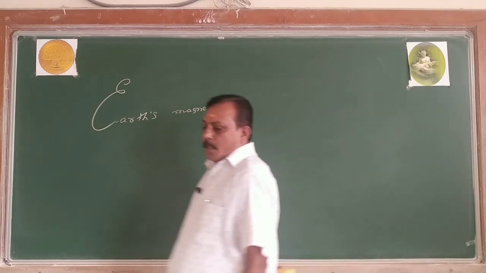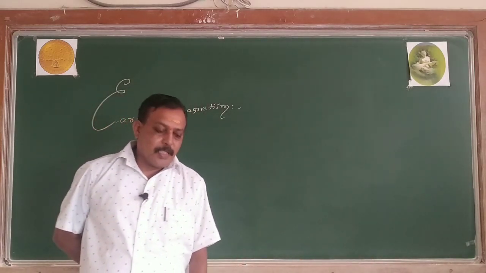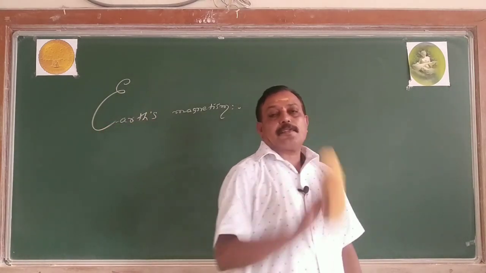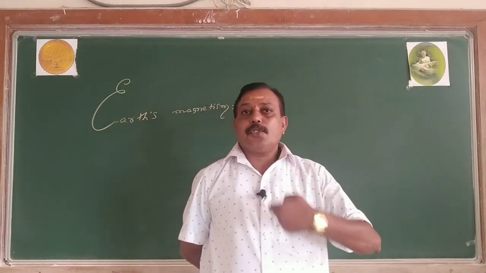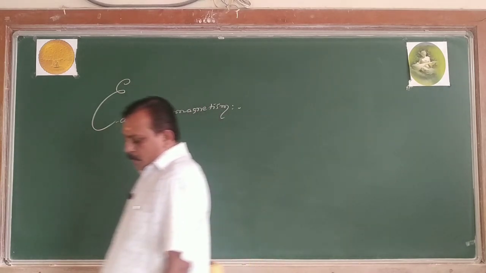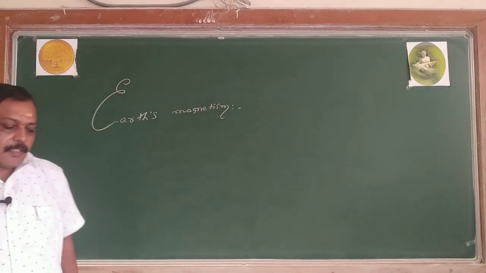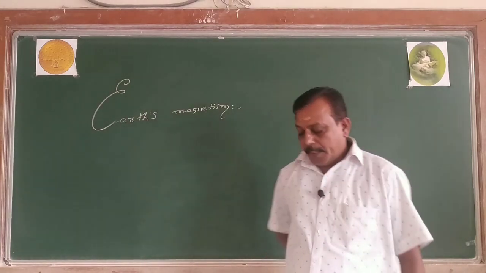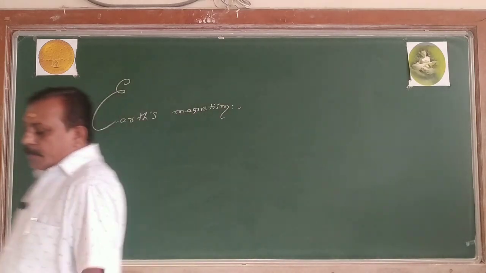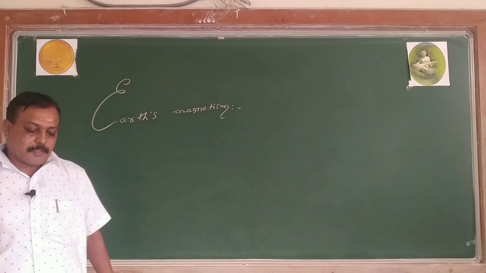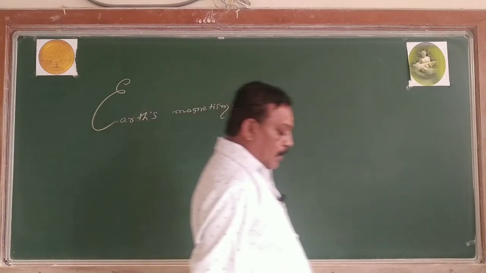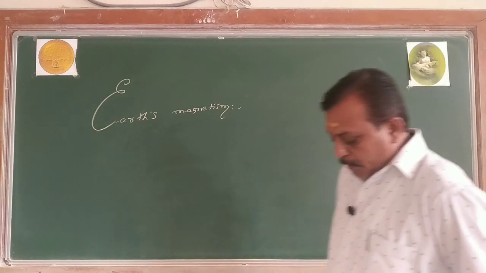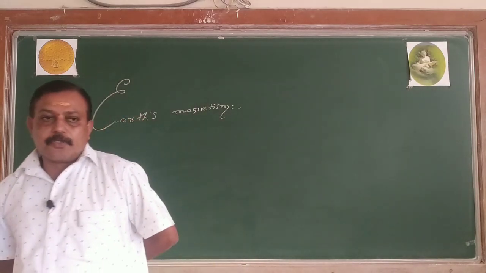One more concept, the Earth is revolving around the Sun and also it rotates about its own axis. Due to the spinning action of the matter, it acts as a current loop. So, when it acts as a current loop, it possesses what? The magnetic dipole moment. The magnetic dipole moment M equals I into A. Hence, Earth possesses the magnetic property. Hence, conclusion, according to William Gilbert, Earth acts as a huge magnet. The main reason he has given is the deposition of Fe3O4 magnetic oxide of iron in the core of the Earth.